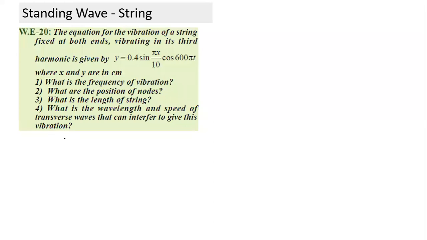Okay. And let's look at a very simple question. This is basically the one equation we talked about in the previous sheet. If we apply it, we can solve most of the questions. So this is the equation. The moment you look at the equation, the first thing we should be able to spot is the difference between a traveling wave and a standing wave. When the x term and t term are separated in terms of a product of sine and cos functions, it is a standing wave. It is not of the form ax plus or minus bt. So this question is a standing wave.